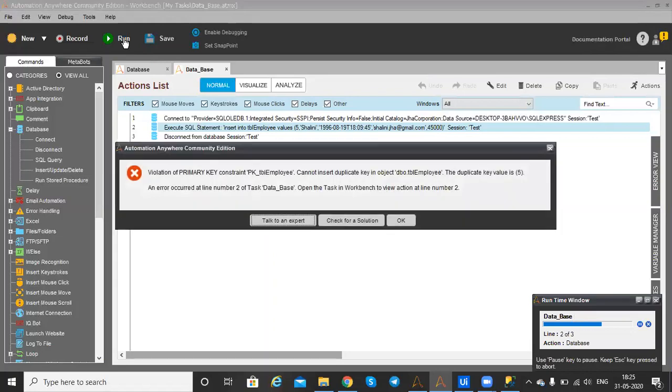Here we get an error because we already created this data, which is in the database. So first we have to delete the data.